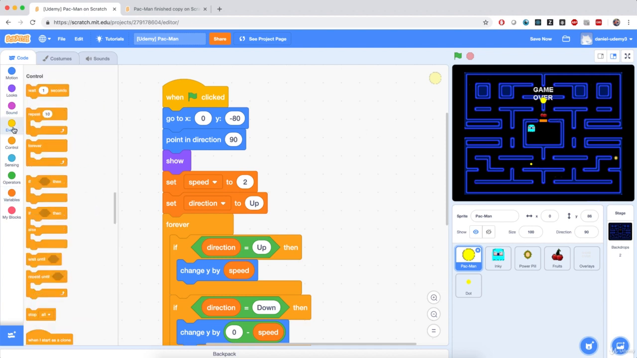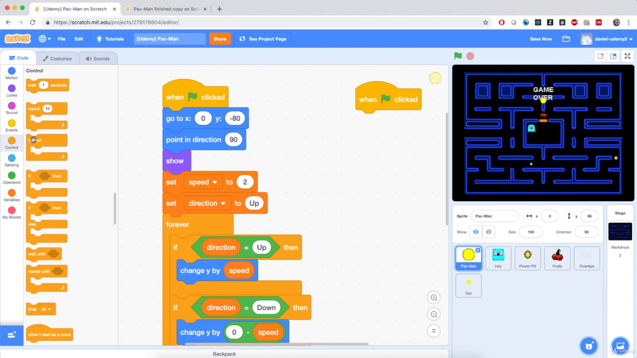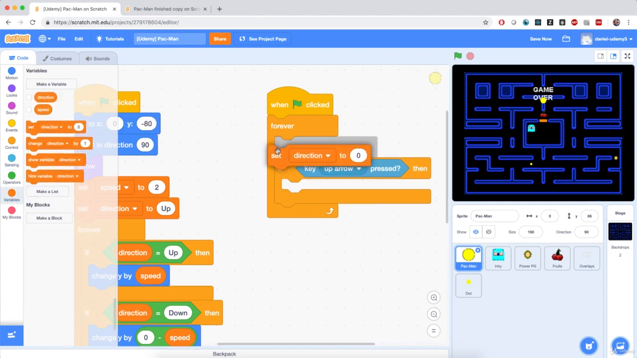So I'm going to bring another when flag clicked block. So you remember that both of these scripts will be executed when I hit the flag because they both start with the same thing. So in the second script, I'm going to bring in a forever loop and I'm going to check user input. So if the up, down, left, or right keys are pressed, I'm going to change this direction variable. So I'm going to bring in an if block, and from sensing, I'm going to bring in key, say up arrow is pressed, and if the key up arrow is pressed, I'm going to set that direction variable